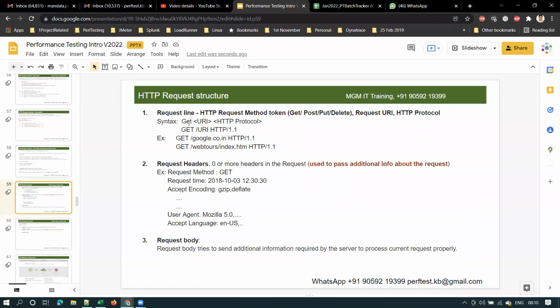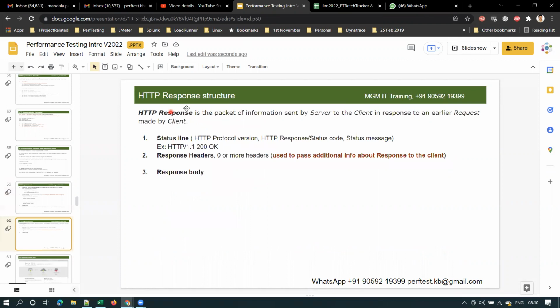The first one is the request line, as you can see here, then request headers and request body. HTTP request is made up of request line, request headers, request body. In the same way, HTTP response is made up of status line, response headers, response body. Now let's understand each of these.